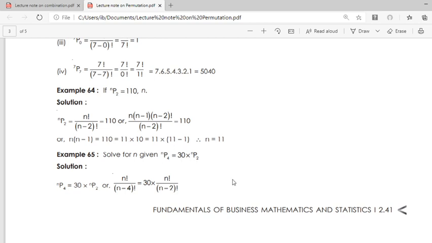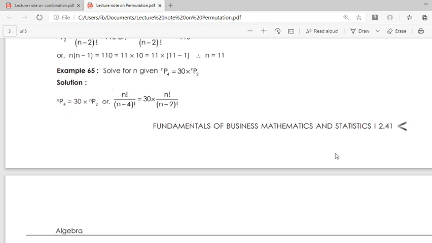Now the same way you solve this, you have n permutation 4 equals 30 multiplied by n permutation 2. What you do, first of all, is expand this n permutation 4, that's n factorial over n minus 4 factorial, equals 30 times